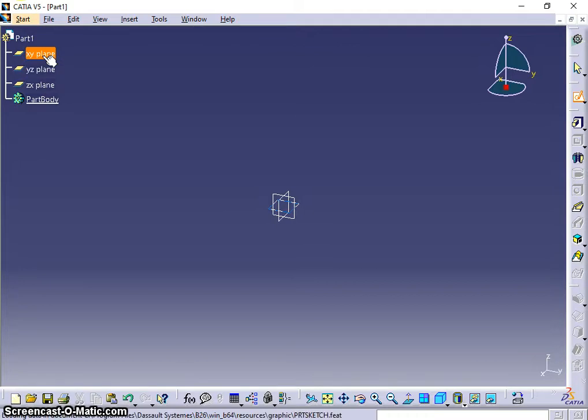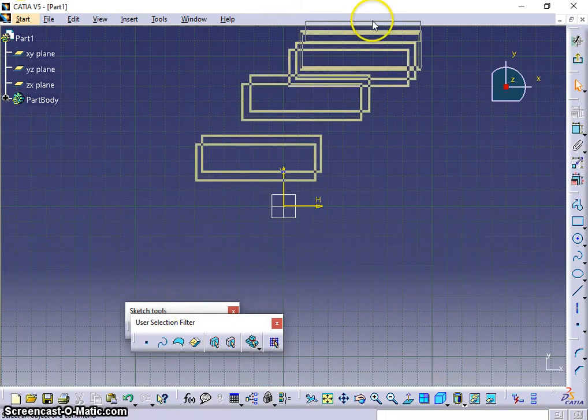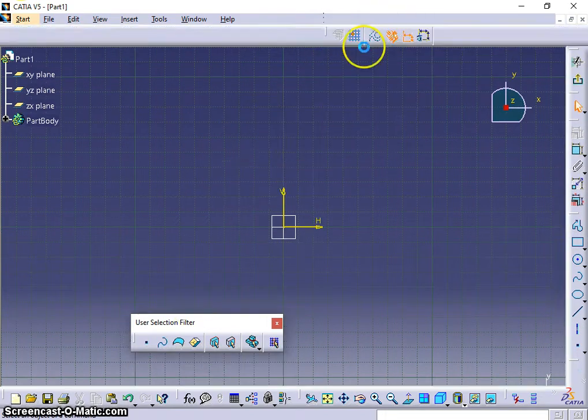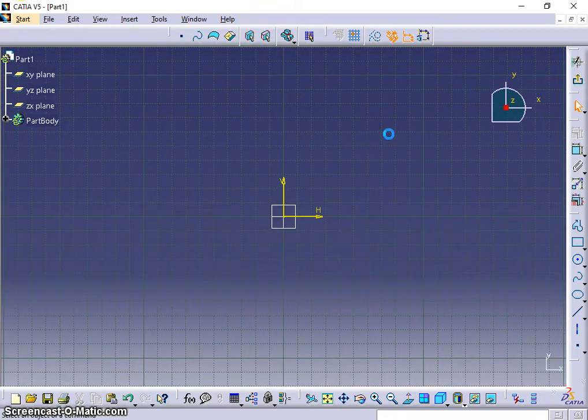So in this case, pick X, Y. It will bring you to another interface. When there is an interface like this, there will be different icons. So this is the basic sketching plane. We can turn on or off whatever we want. In this case, some have a grid, some don't have a grid. So why is that? Because